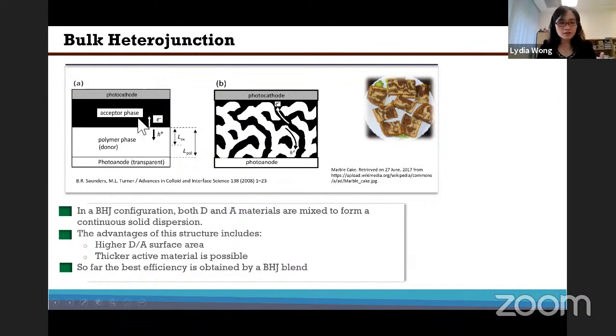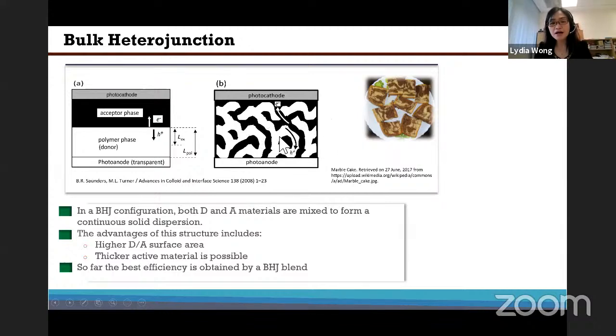Maybe in short, most of the solar cells that we discussed just now consist of distinct layers, like kue lapis. But in organic photovoltaic, instead of kue lapis, you have marmer cake, marble cake, because you actually mix the P-type and N-type semiconductor into what we call a bulk heterojunction. So there is an interconnected pathway.